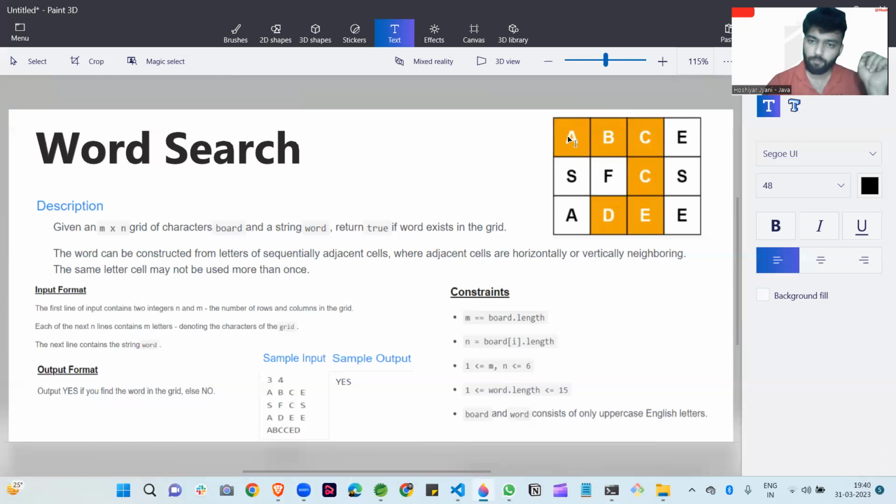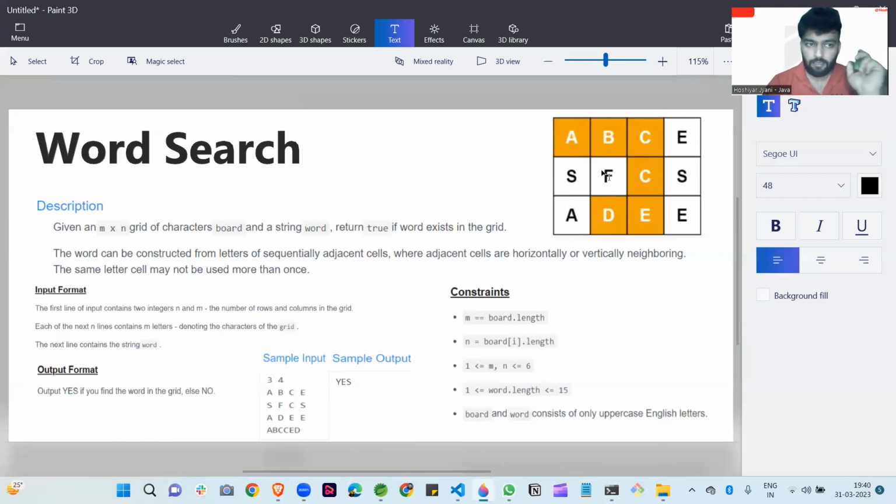We iterate from the first character to the last character. If we find our first character of the word at any position, then at that position we find our word. Like if the first character of our word is F, so we find F at this position.